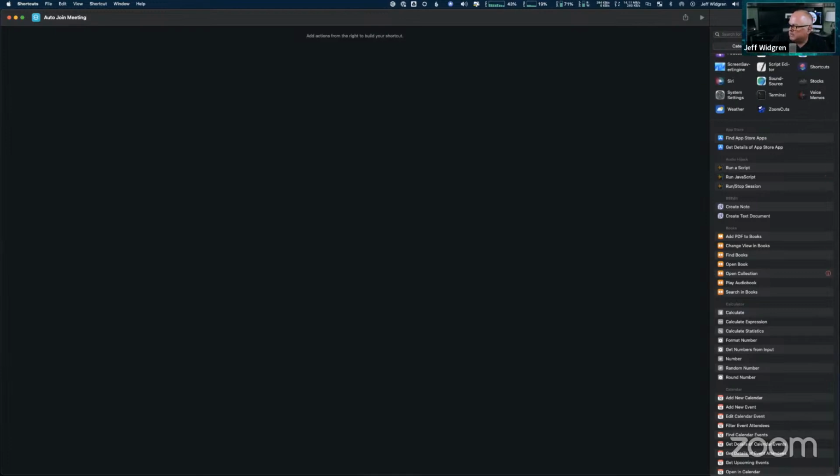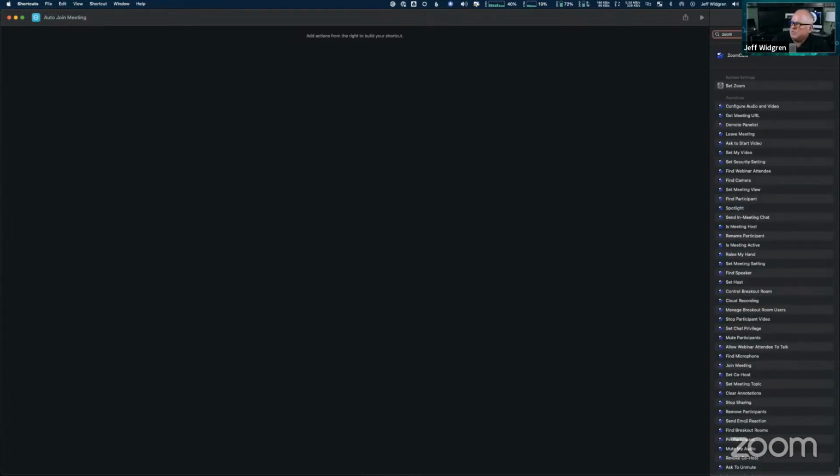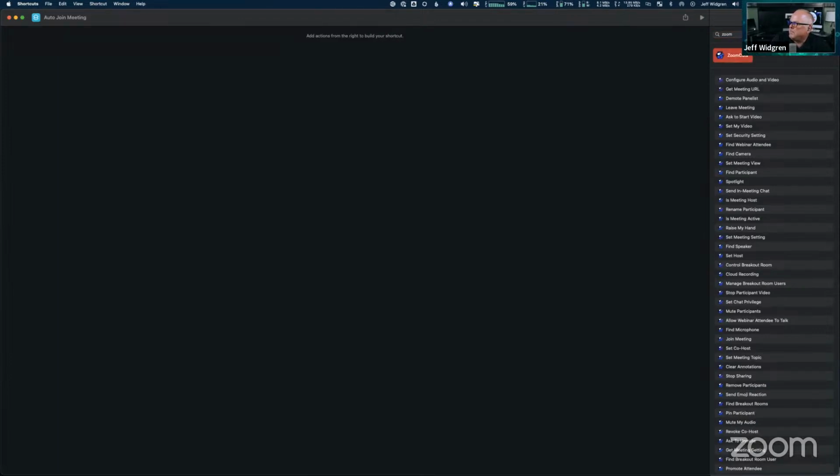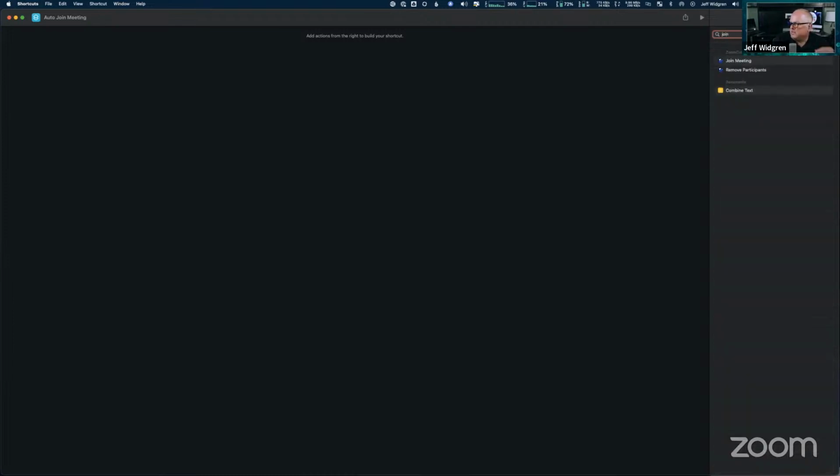If you wanted to filter this list without having to look at all the other apps, you can click in the search and just type Zoom. Then click on that icon, and it'll build that list, and that'll let you use the search again for one of the actions or intents, I think Andy's been calling them. So with that, I can type join, and I can drag join meeting into the mix.